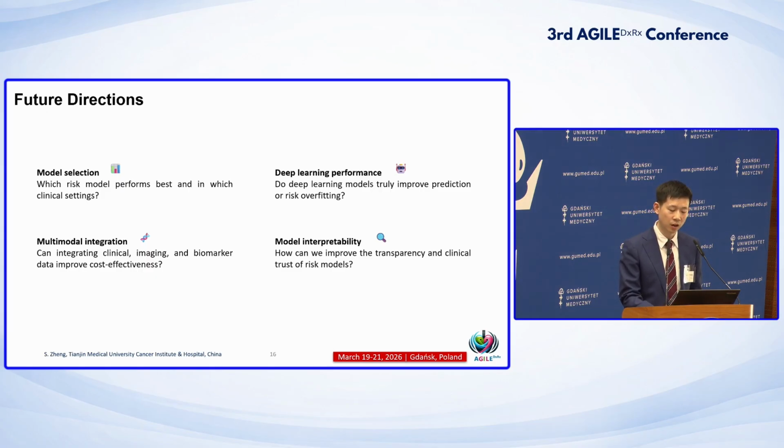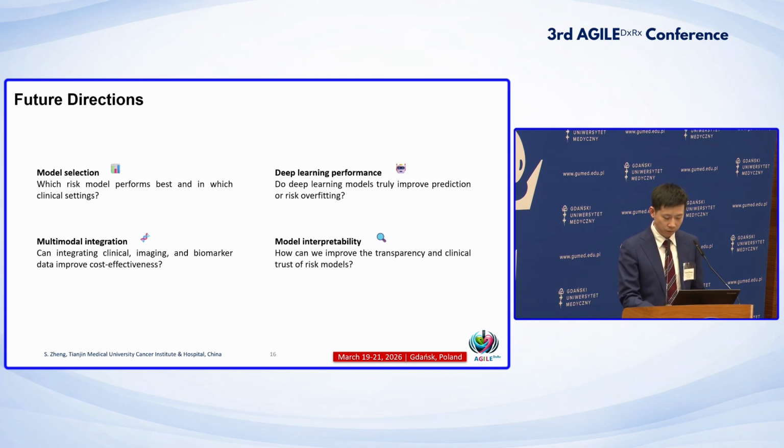Third, it's about the deep learning models. We have seen a lot of models can achieve an AUC of more than 0.9, but do these models truly have this good performance? Is there any risk of overfitting? I think it's really important to have a benchmark data set from multiple centers to validate current AI models and future AI models, as we can do with the AGILE together.